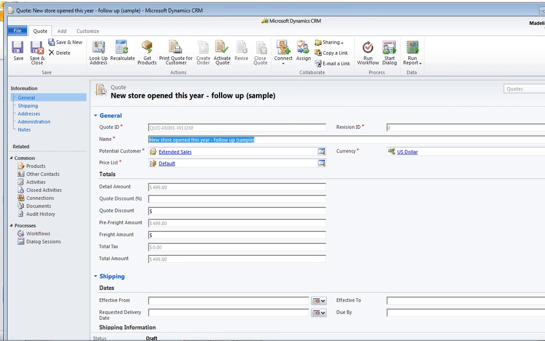So I have another question here. What is a price list and what do we use it for? A price list is going to be different prices. So